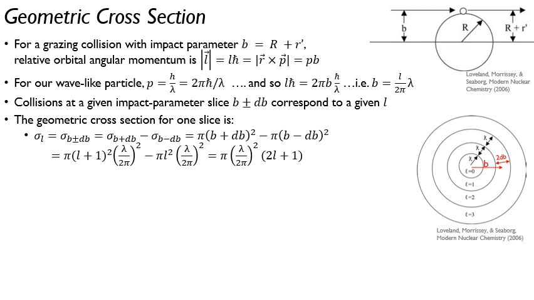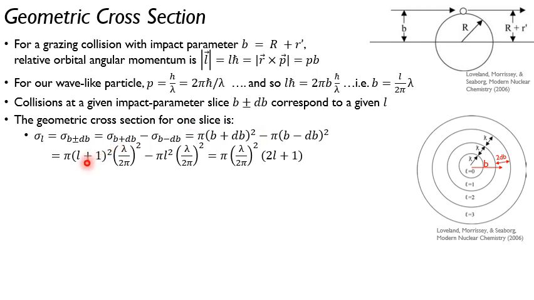And so then if we just calculate the geometric cross-section, because this is a semi-classical picture, then for a single orbital angular momentum, it's the cross-section for this impact parameter slice. We need to take the difference between the area of the circle at radius b plus db, so the impact parameter plus some little slice, minus the area of our circle at the impact parameter minus some slice. So we're basically calculating the area of an annulus, and